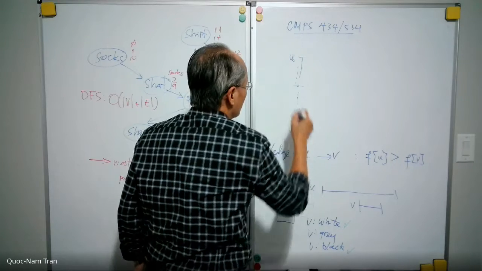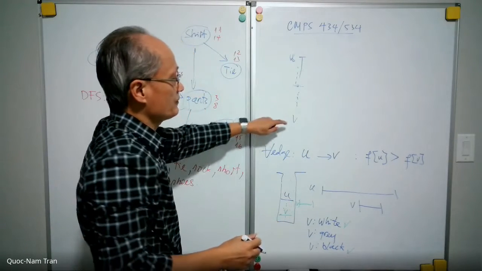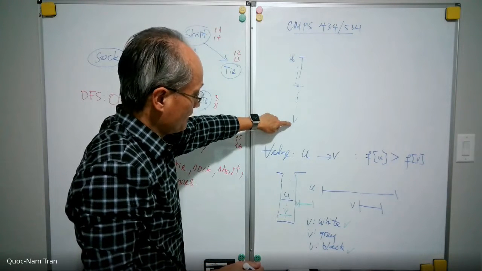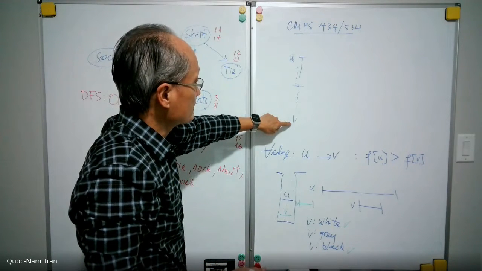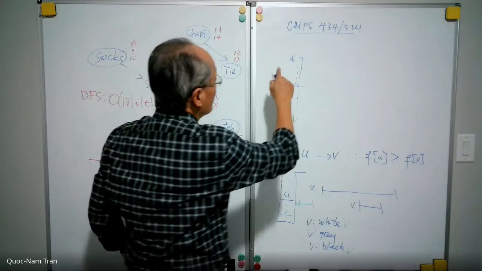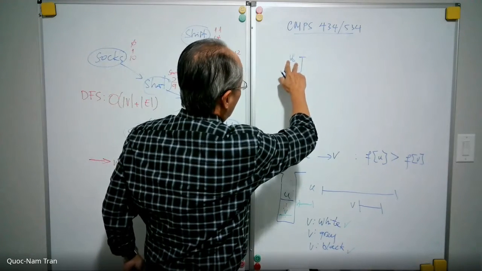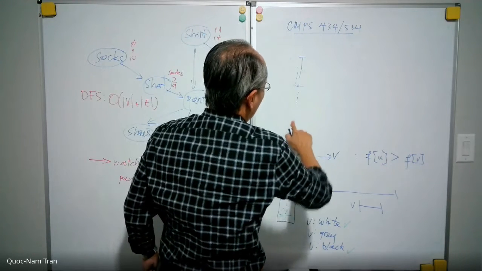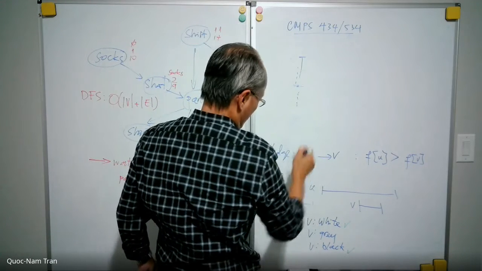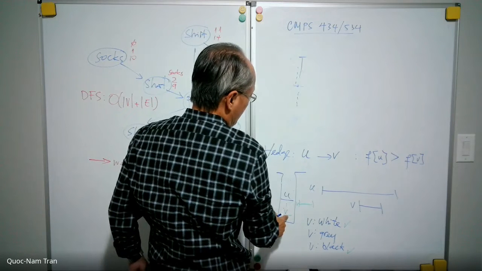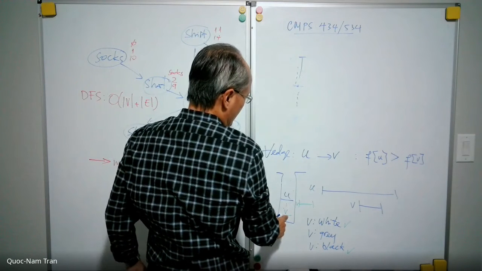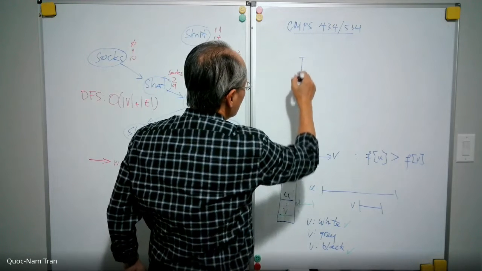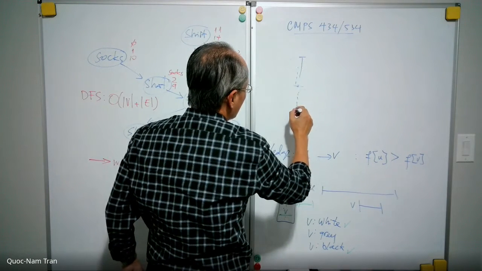And then let's say if you have the V here, if V is gray, we can have a few possibilities. But when V is gray, meaning that we are talking about the V already, so it can be, say here, if we have